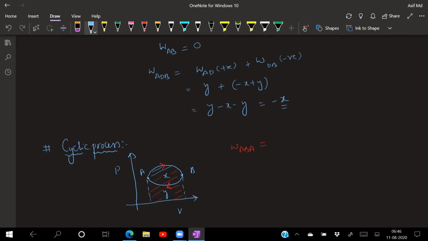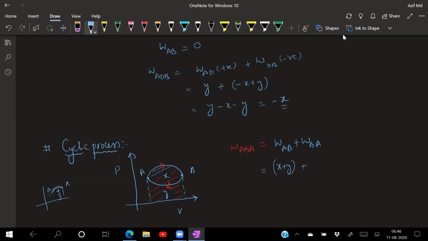Then what is the first part? Work done for me is right now to move from A to B first. Then work done from your B to A. Sir, it'll be X by 2, can we take, sir? Why X by 2? Now A to B means total area under A to B. Like this. This is A. This is X and down is also Y. That means total area X plus Y. So this one will be X plus Y.